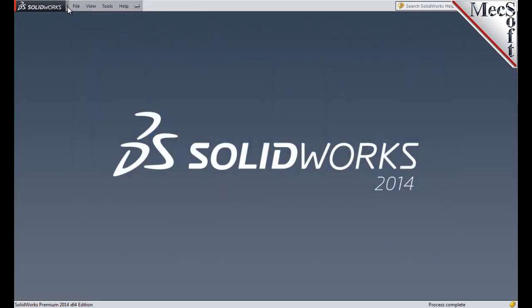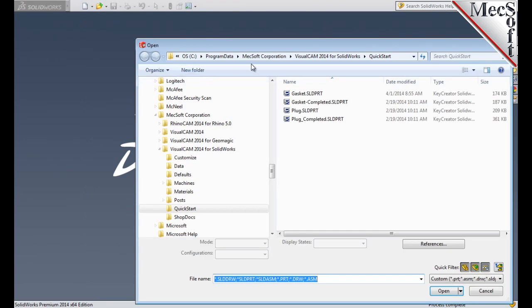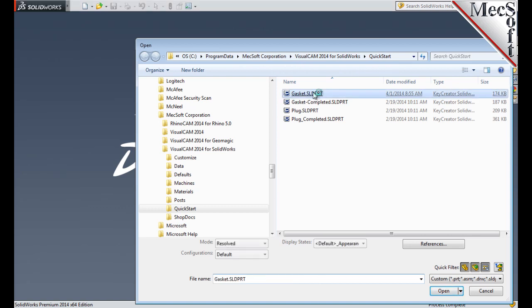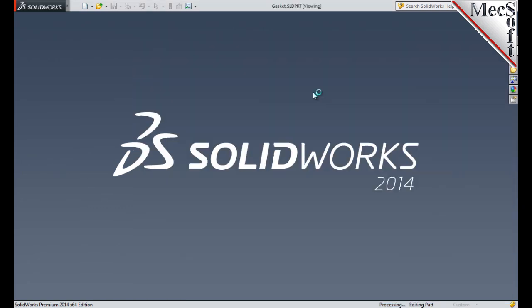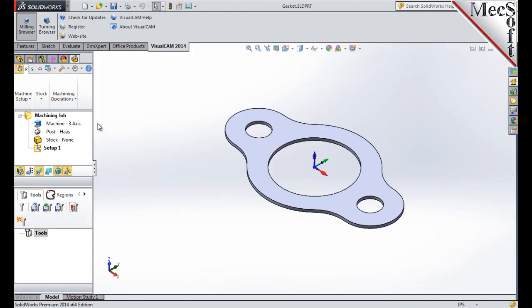Let's begin by opening the part model in SolidWorks. From the Open dialog box, select the gasket part file from the Quick Start folder. The CAM browser window is automatically loaded and appears in the Feature Manager as a separate tab, called the VisualCAM